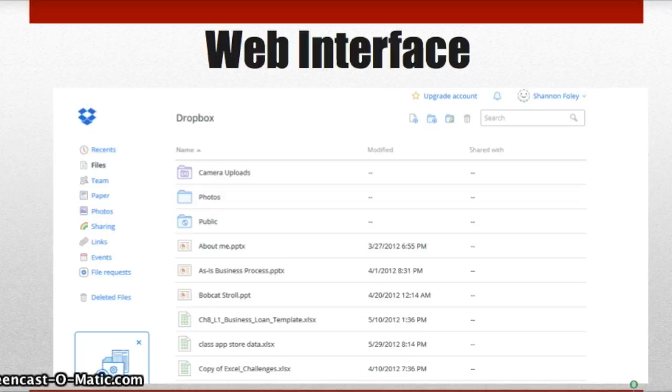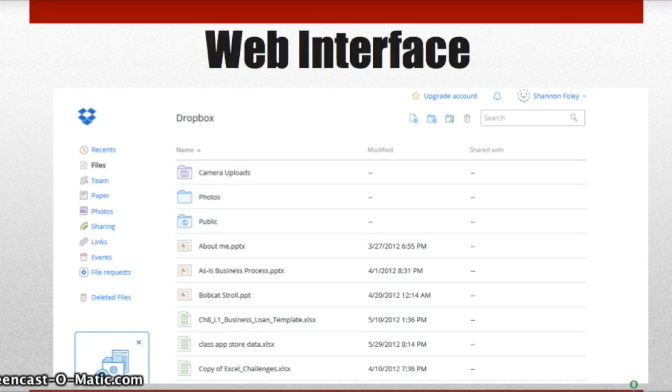As you see in my interface, all my documents, PowerPoints, and Excel sheets, they're from 2012. That's the first time I ever experienced using Dropbox, but it was a very positive experience. We were working in different projects in class, and we weren't able to finish them in time. So what we did, we just uploaded it to Dropbox, and then once we got back to our dorm, we were able to access everything that we had previously done in class, which is just a very good tool to